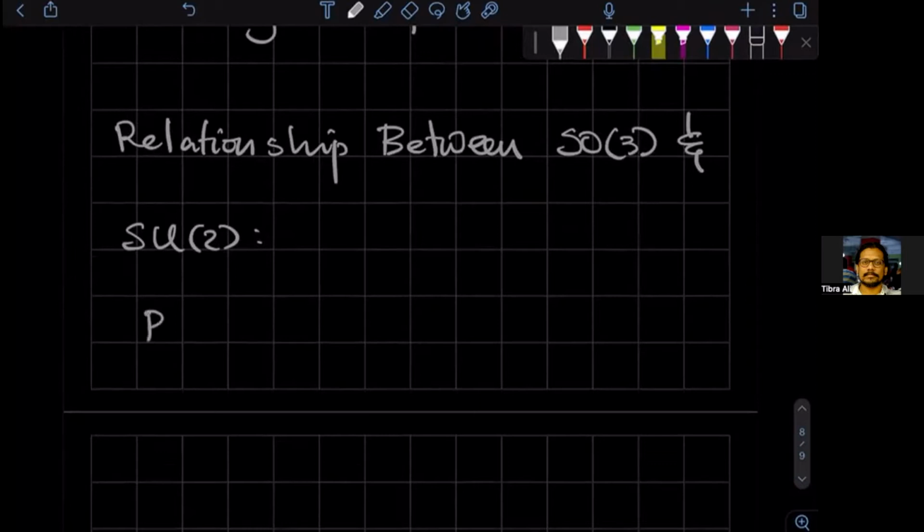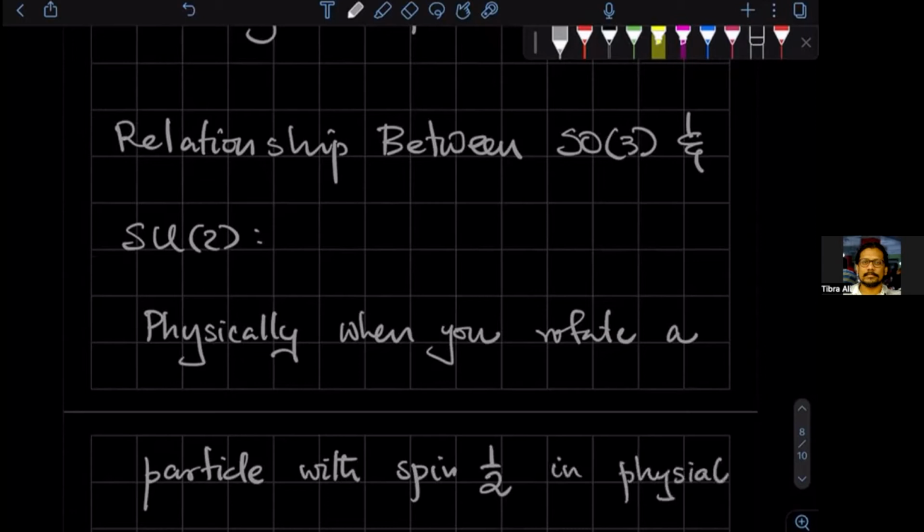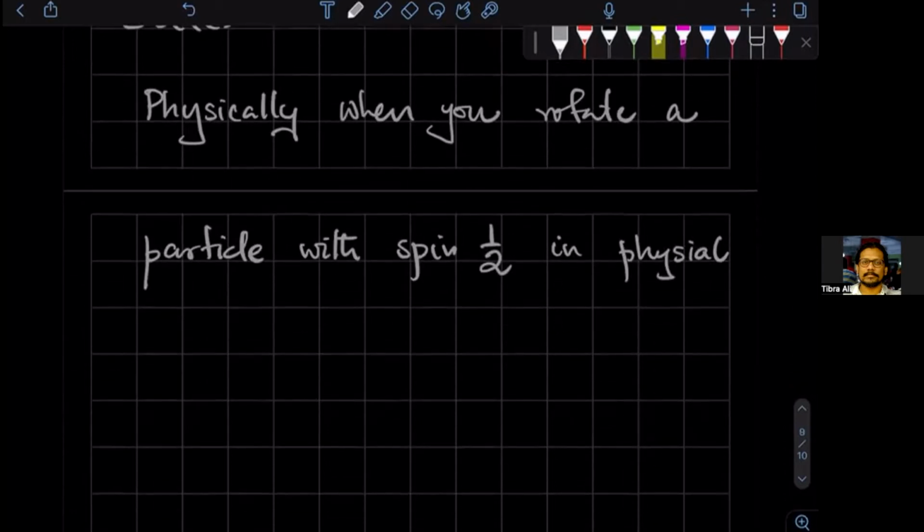So physically, what happens is that when you rotate a particle with, say, spin half in physical three-dimensional space,